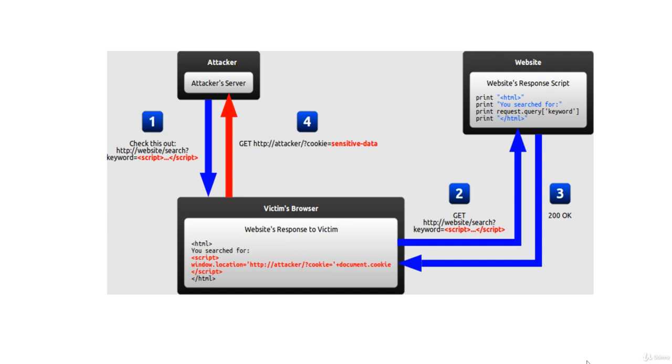So we can just take the example over here. What is the particular picture over here where you can see the XSS attack? First of all, in this case the attacker will craft a URL containing malicious code and it will be sent to the victim's browser. So the attacker will craft a URL that will be an infected URL, you can see here, and it will be sent to the victim's browser, and the victim is tricked by the attacker into requesting the URL from the server. That means it will ask for the URL from the server, and the website includes the malicious string from the URL in the response.